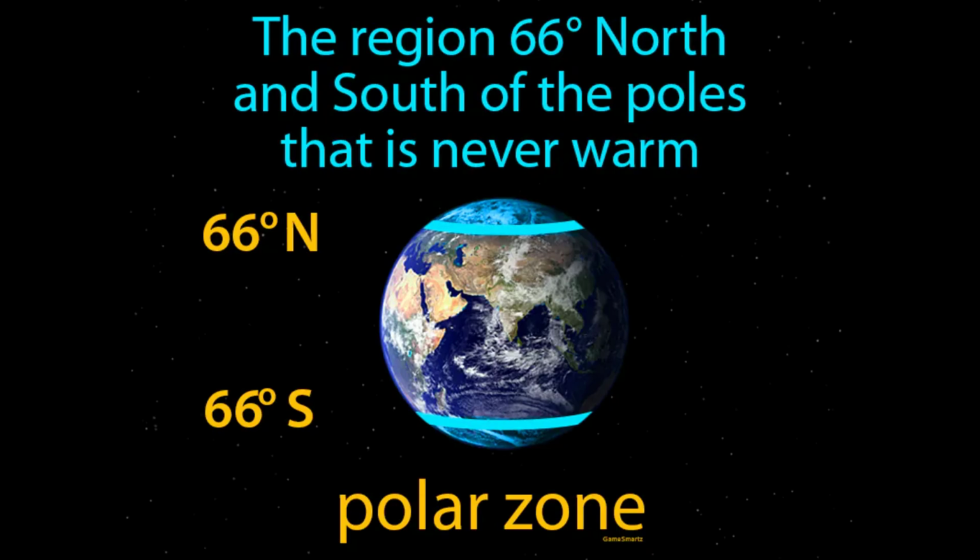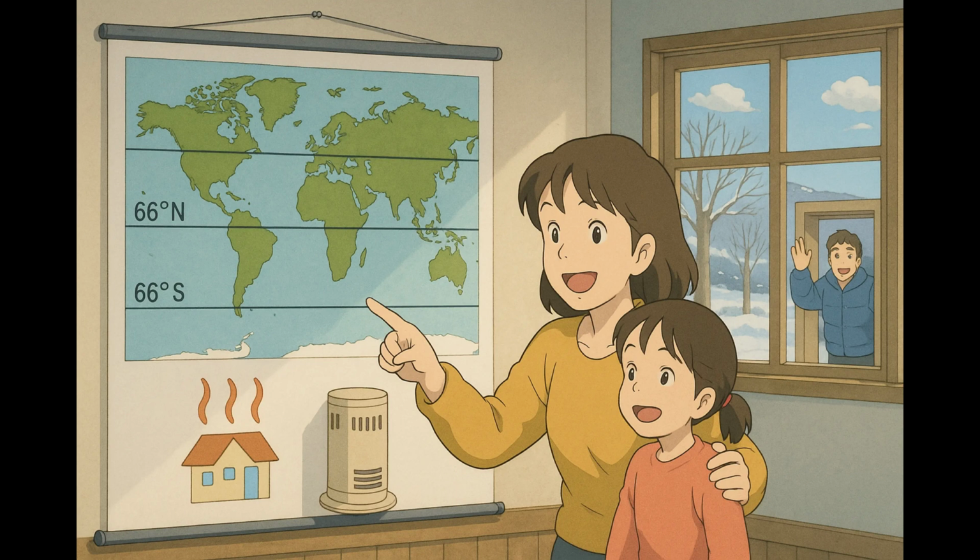The region 66 north and south of the poles that is never warm. Polar zone. The polar zone is the icy cold area around the north and south poles where the sun's rays are weak, leading to low temperatures. Imagine trying to warm up a room when the heater is only on the opposite side of the house. Just like the room struggles to get warm due to the distance from the heat source, the polar zones at